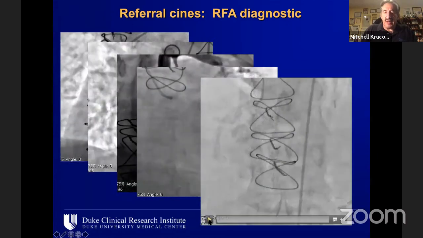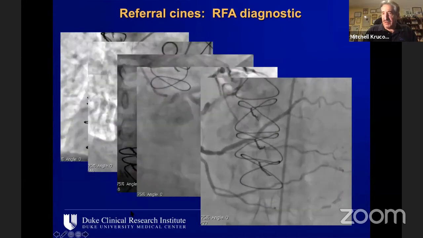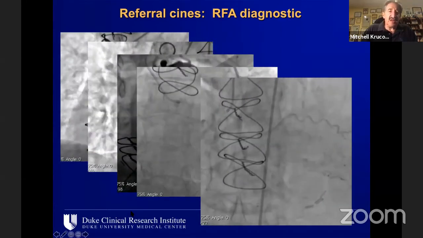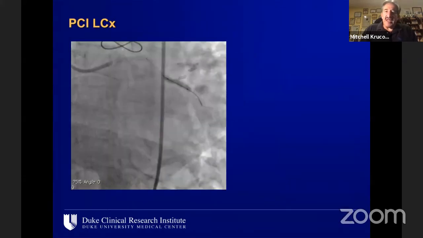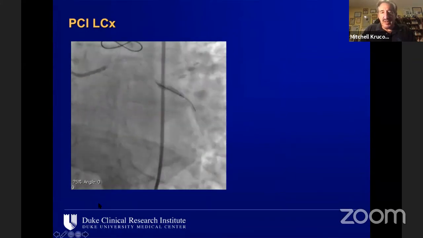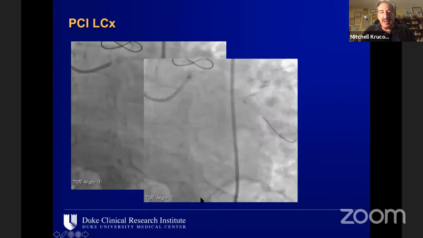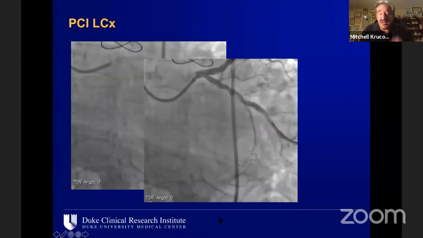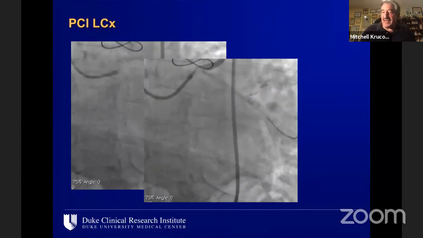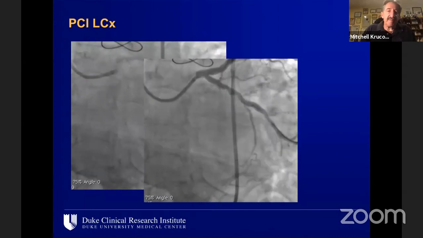And then the right coronary artery, you can see the calcium stem to stern, and we'll talk a little bit more about this as the case goes on. So what they did, these are the only two pictures that they conveyed. This is a balloon in the marginal near the proximal lesion. And then we usually take a final shot without the wire, but this is the only shot they have. But I think it looks like it's probably a pretty good result in the circumflex artery.